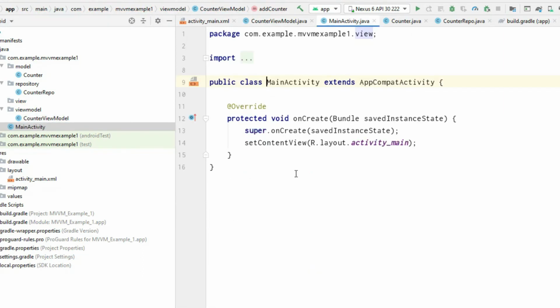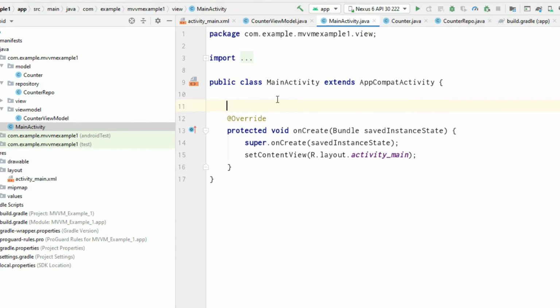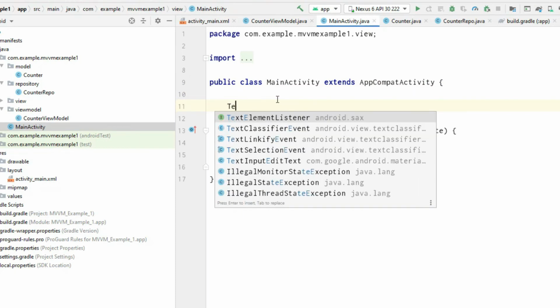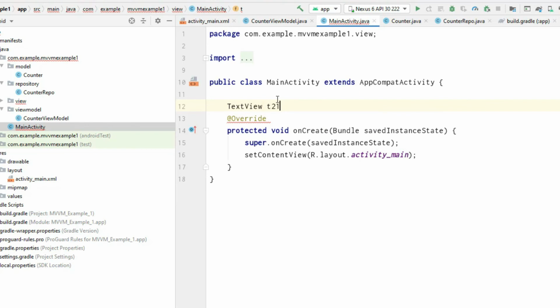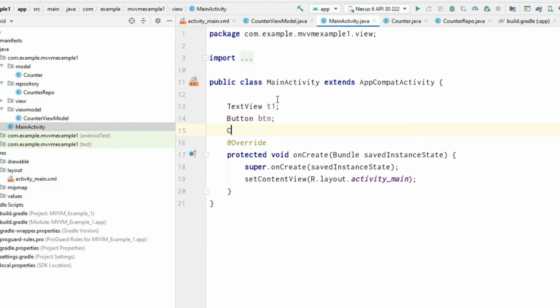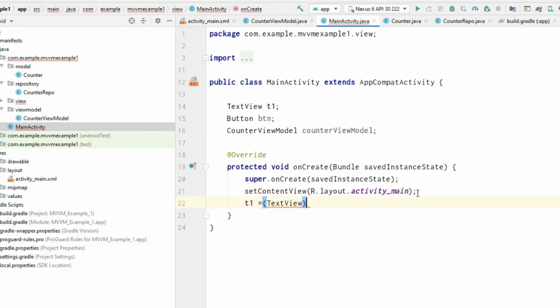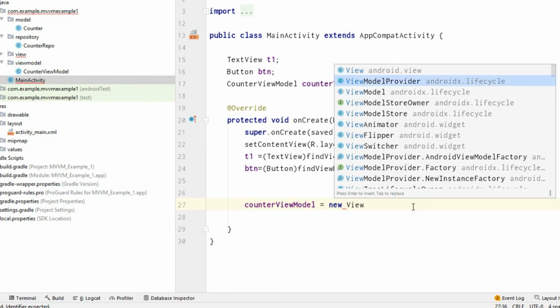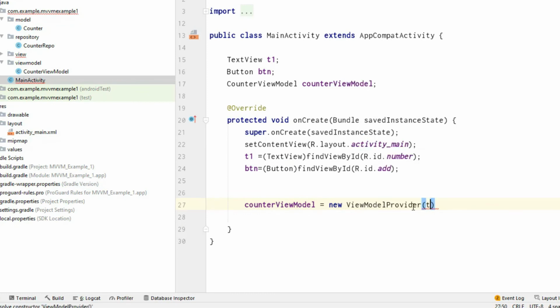Now go to MainActivity. Here we need three variables: a text view, a button and a CounterViewModel variable. Now we will initialize the text view and button with their IDs, and for the view model variable there is a special way to initialize it.